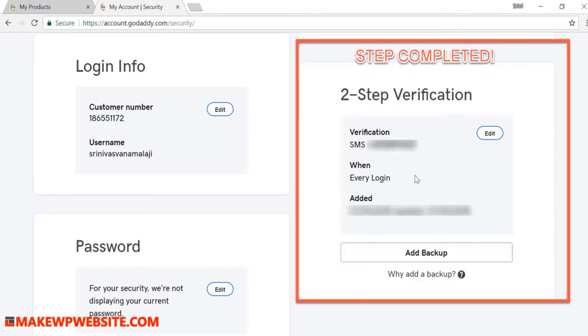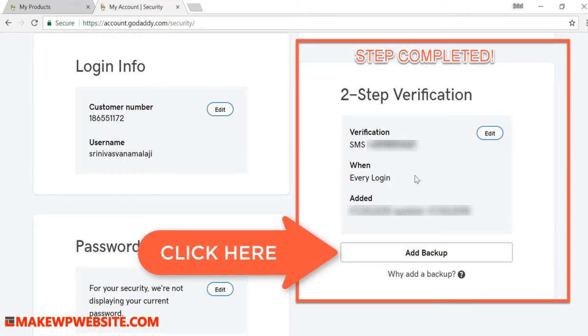Okay, so this verification is very important, and if you haven't done it, I highly recommend that you do this step. This step will make sure that for every login attempted on your account, you will receive an SMS code, and without that SMS code no one will be able to access this account. And if anyone is trying to log in to this account without your knowledge, you will get a notification, and then you can alert the customer team that you found someone else logging into your account. Okay, so this step is really important.